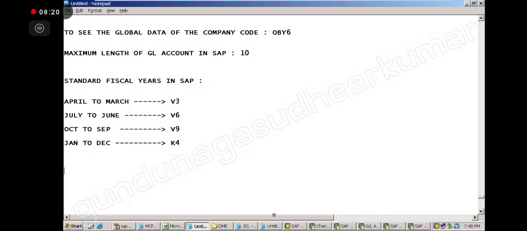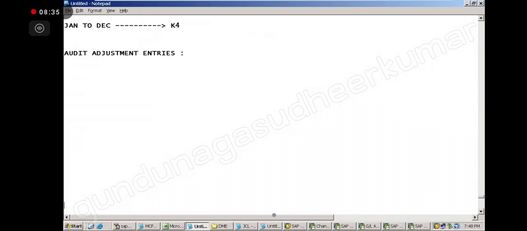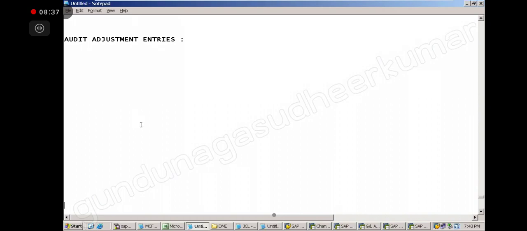Right. Next, we have to talk about the next thing, audit adjustment entry. Audit adjustment. Now, what are audit adjustment entries? They are posted in where? They are posted in